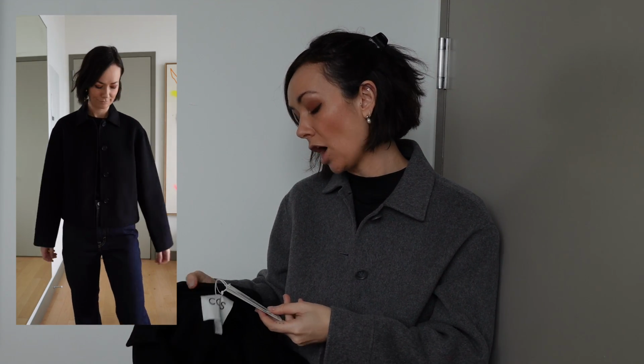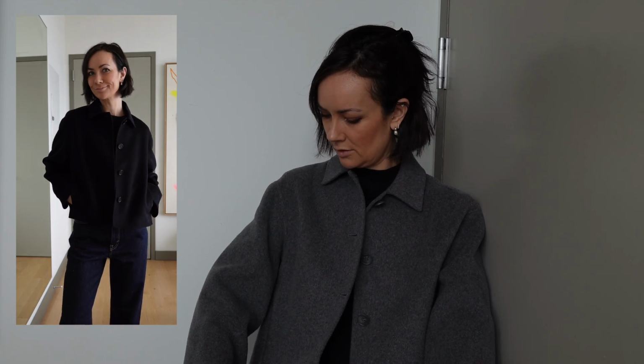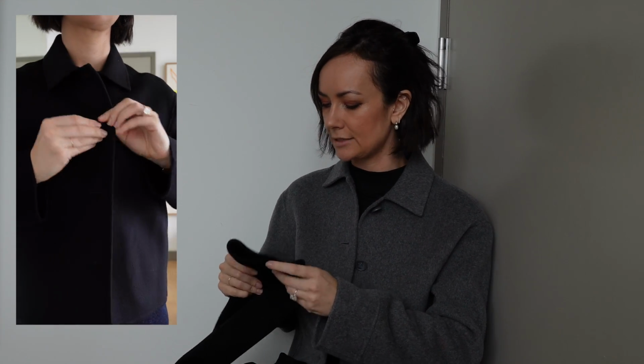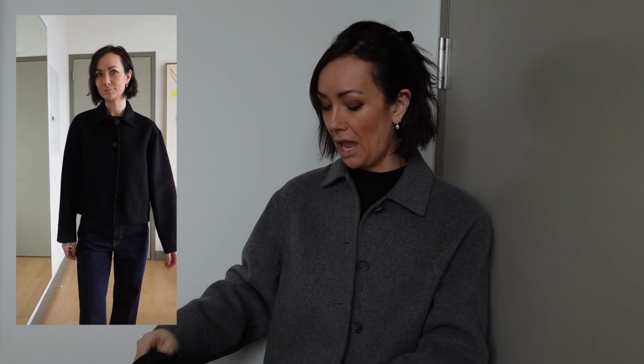It was $190. I got it in a size extra small, just like this one, because it definitely has more of a boxy fit, but I do love that it's got a little bit of that oversized fit. I think it's honestly the exact same jacket. I haven't found anything that's different about it. So I am just over the moon because